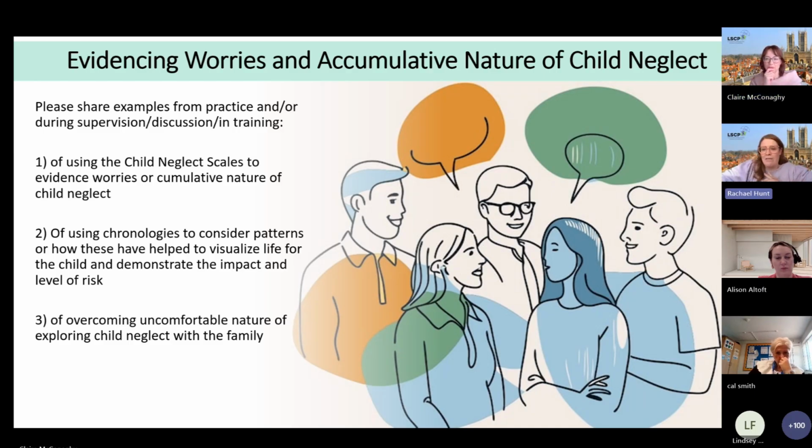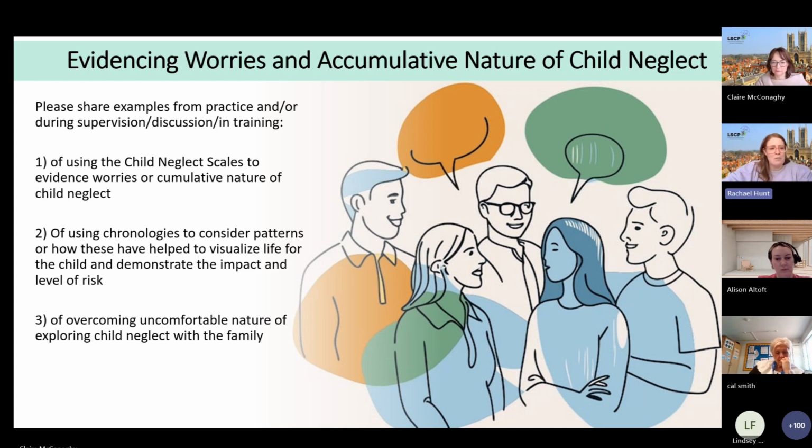Yeah, and just to say as well, if people haven't seen, we did a briefing on chronology specifically related to child neglect. So if people haven't seen that, there is a recording available on the resources site. Claire might be able to get the link for it. We did an activity around multi-agency chronologies, showing where the gaps were and how that really worked to bring things together. Claire's finding that. I'll just move on.